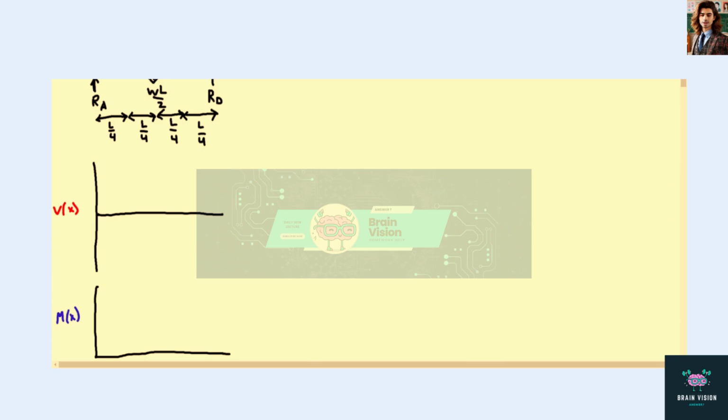Right? So we can do two things. We can sum our moments about a point and set them equal to 0. So we'll take point A and sum the moments, setting them equal to 0. So we have from our resultant force a minus WL/2 force times a moment arm L/2. And we have from our reaction at D, reaction D times length L equal to 0. And if we solve that, we get reaction at D equal to